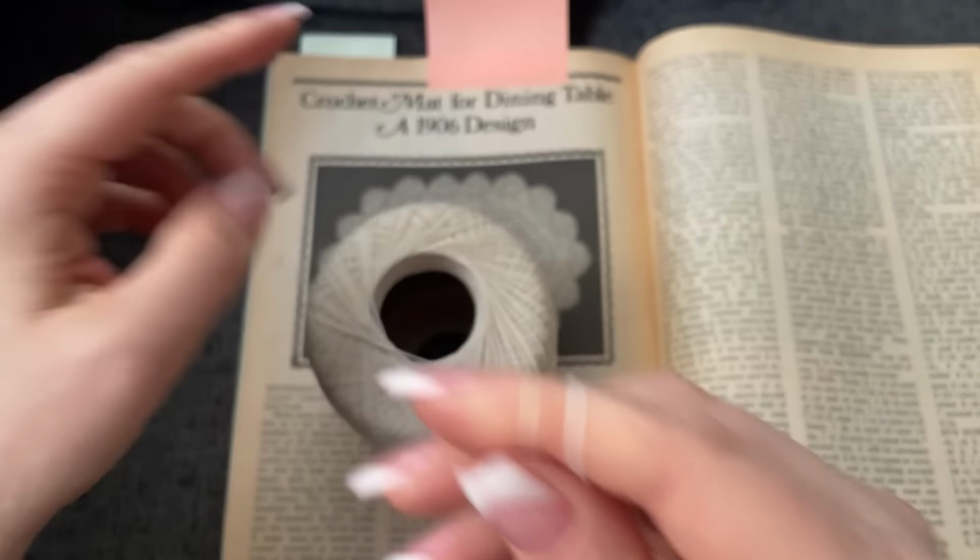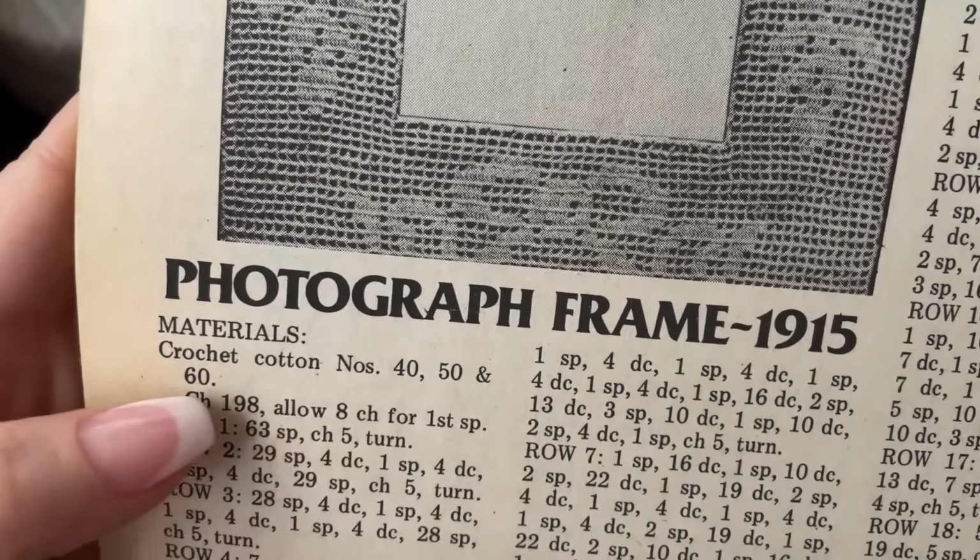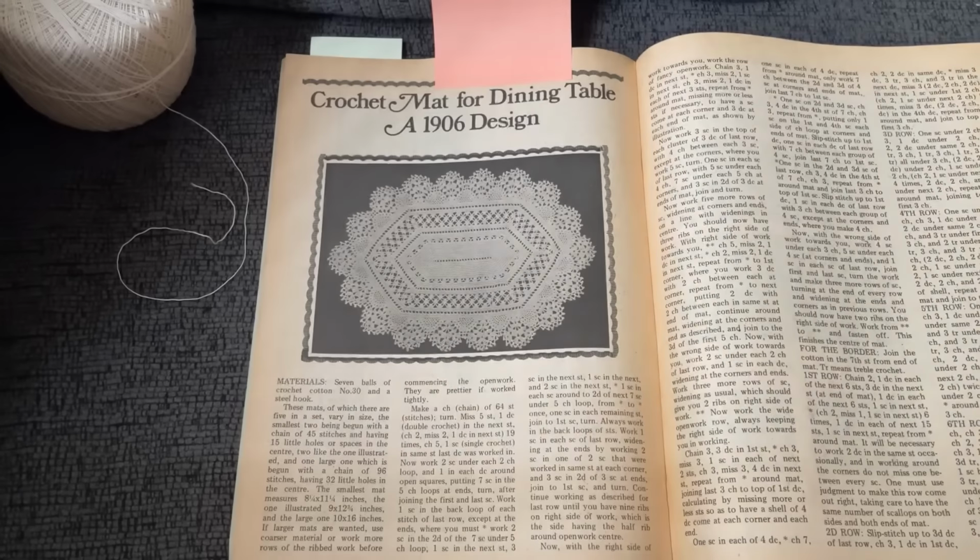This is from summer of 1981, but the patterns in here all come from the Victorian and more antique eras. So you have your 40s and 50s, but you also have some Victorian designs. Now, here is one I'm getting ready to work on with all of you. And this is from 1915. Isn't that beautiful? I've always wanted a crochet picture frame. But look here, it calls for your choice of size 40, size 50, and size 60. Now let's put that into perspective. What I have here